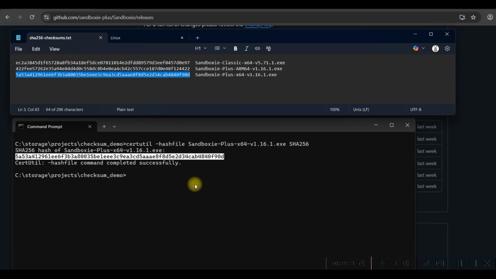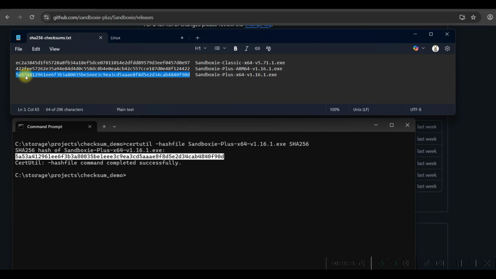At a glance, if you're just looking through, if you compare the first few digits and the last few digits, that gives you a pretty good indication. If you saw anything off with the last few digits, that would indicate it's not the same file. So technically, the whole thing needs to match for it to be the same checksum, but you can look through at a glance and see that